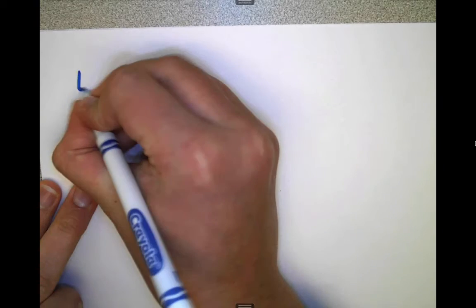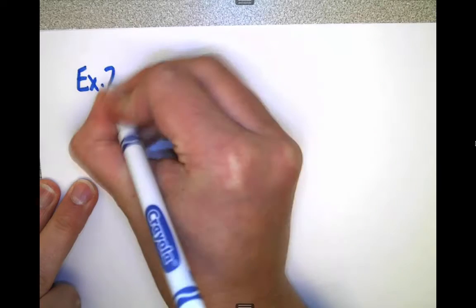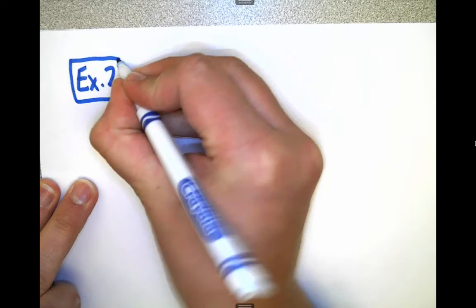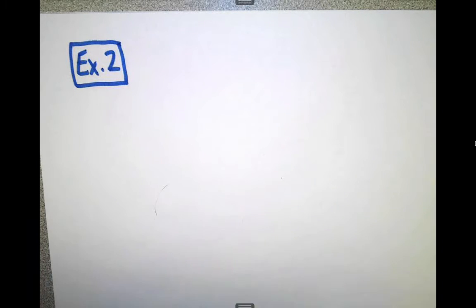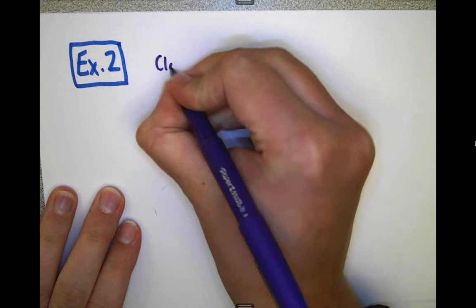We're going to switch up the situation here. We're going to call this example 2. For our second example, we're going to be making outfits, picking out shirts and pants and shoes, things that go together. And so here's what we have in our closet. Our closet, if you open it up,